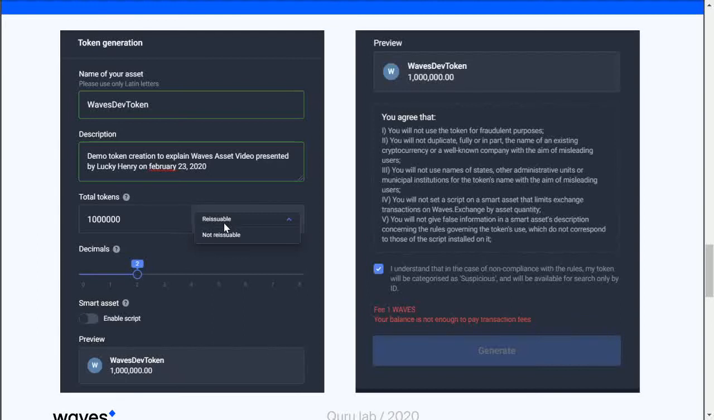But if I choose not reissuable, as you can see here, it means that the total supply of this token would always be 100,000,000. That means it cannot be inflated later or printed more later. Alright, and after that you have to choose how many decimals, how divisible is your token going to be. Here, as you can see, I choose 2 decimal places, and we have